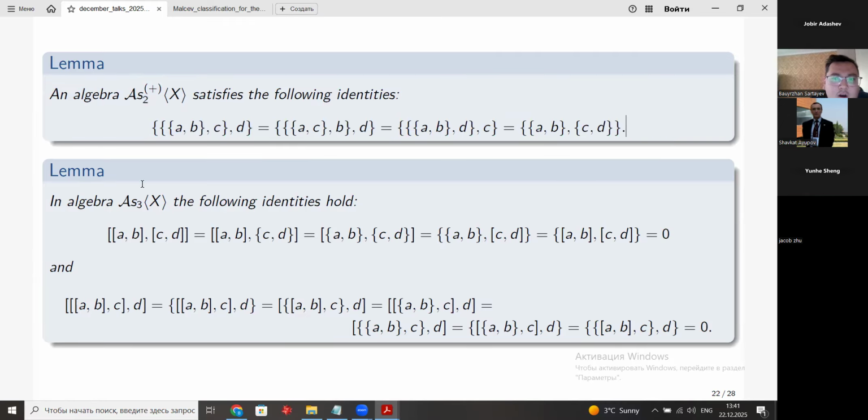Third type. And also, let's consider some mixed identities relative to commutator and anti-commutator. If you consider third type associative algebras, we can consider mixed identities. So here in this monomial participate a commutator and anti-commutator. Here also two anti-commutators, one commutator, where the commutator stays inside, and here two commutators, one anti-commutator. No matter, all these monomials in third type associative algebras are zero.